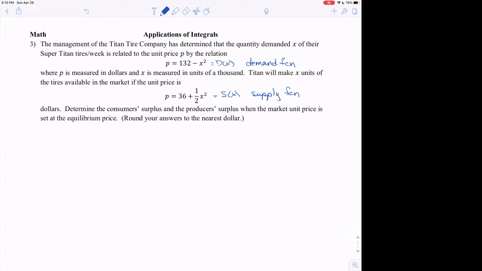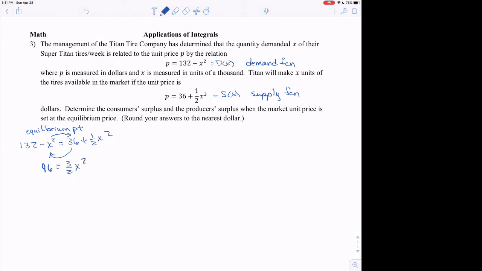So the first thing we have to do is find the equilibrium point. And in order to do that, we set these two equations equal to each other. So that's 132 minus x squared equals 36 plus 1/2 x squared. So I'm going to move the 36 to this side, and I'm going to move the x squared to that side. So when I do that, I get 96 equals